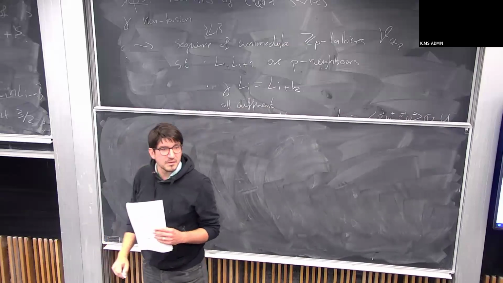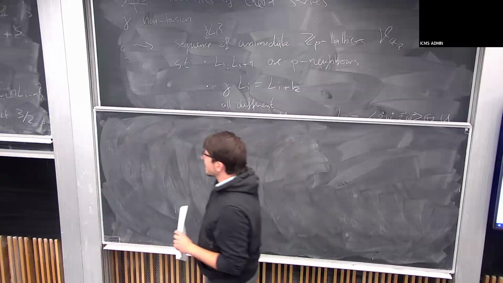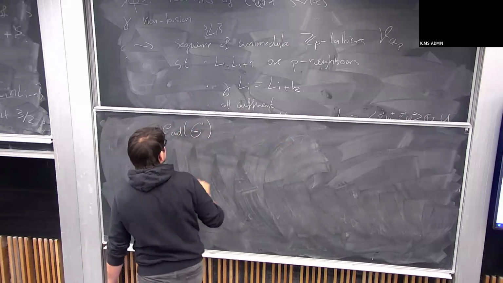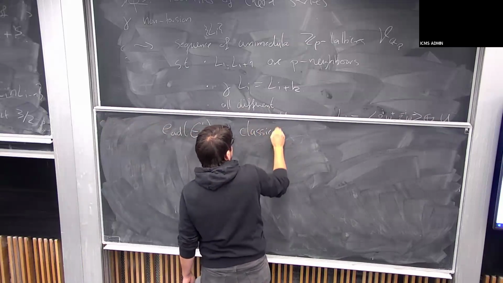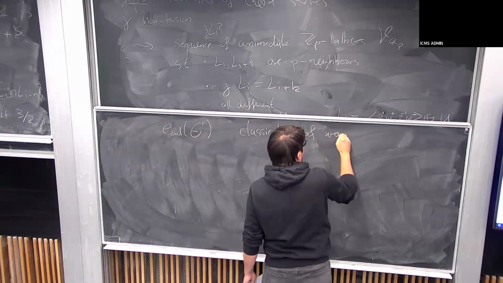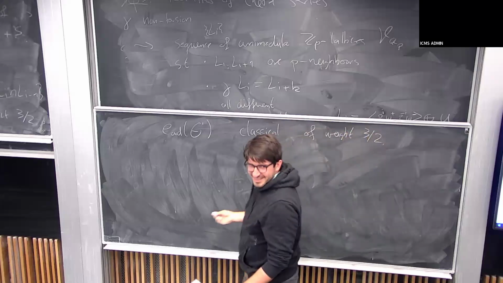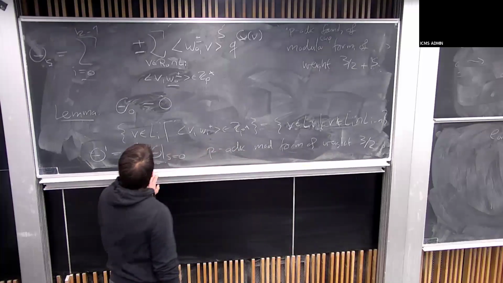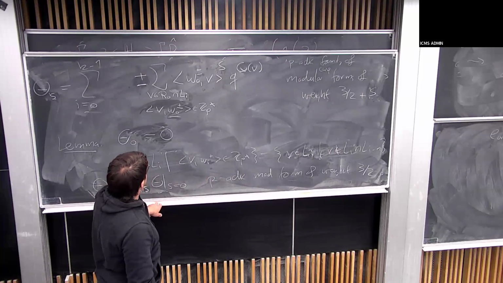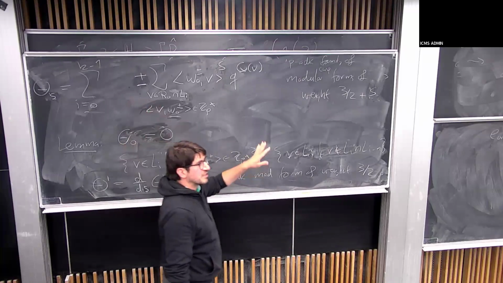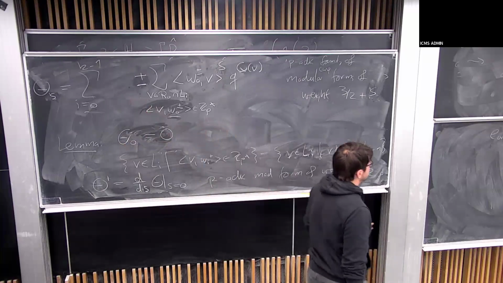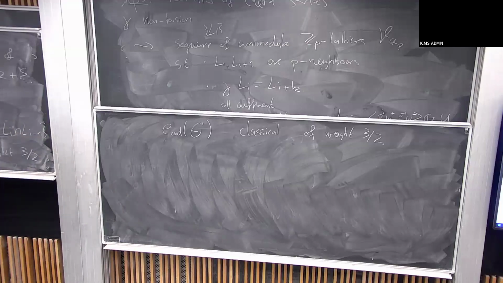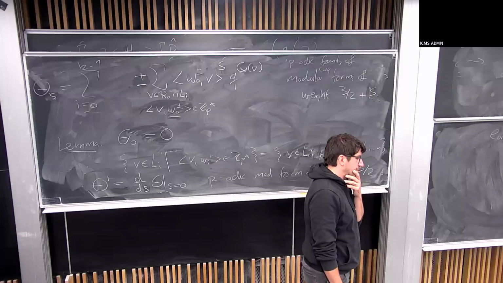What you wanted would be like a classicality. Yeah. I mean, the next thing I want is that you hit this with an ordinary projector, and you want to say that this is classical, of weight 3/2. Right, but what we do is, you can also hit the family before with the ordinary projector, and then taking this derivative somehow commutes with the ordinary projector. And then we actually use a result of Hida that says